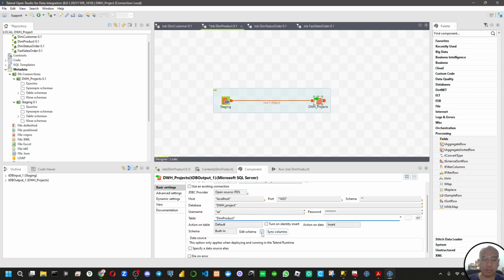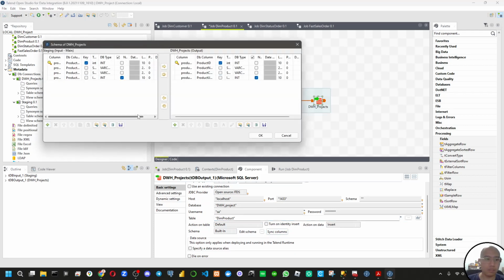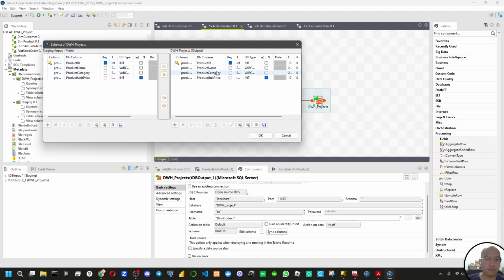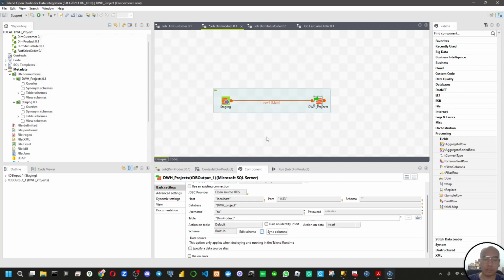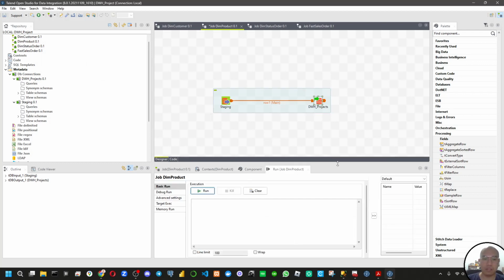There, you can check it on the edit schema. It's the same, it's correct. So we click OK, and we click on the run tab. We run the ETL.